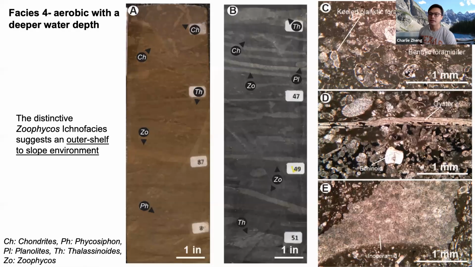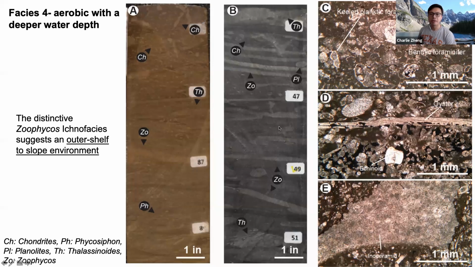Right. So lastly, this is the outer shelf to slope environment in the transition zone. It's characterized by these thick Zoophycos, which are not common in the previous phases. And Zoophycos is the predominant ichnofacies in these phases. So that tells us